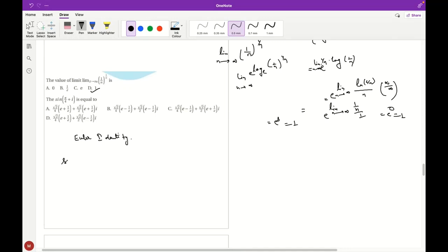You have seen that sin z equals (e to the power iz minus e to the power minus iz) upon 2i. So put z equal to pi by 4 plus i in the above. So we will get